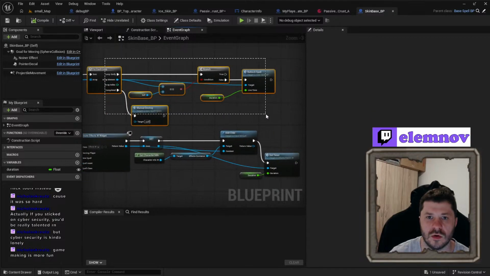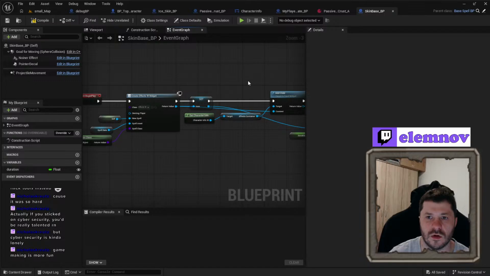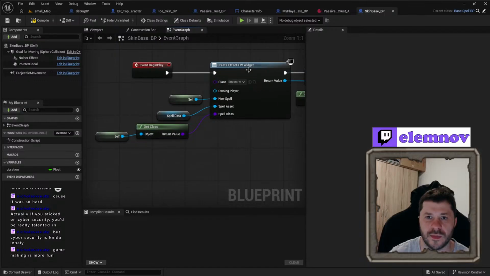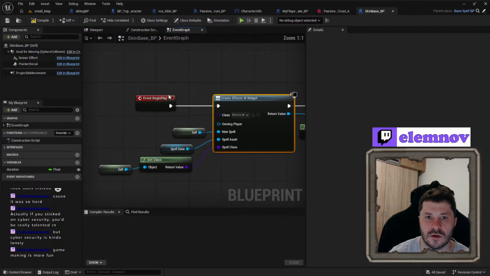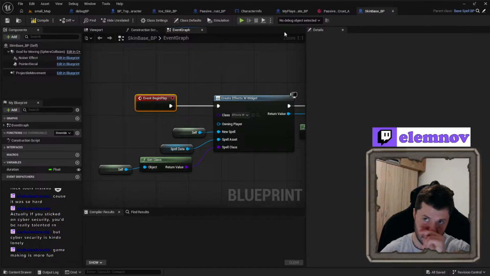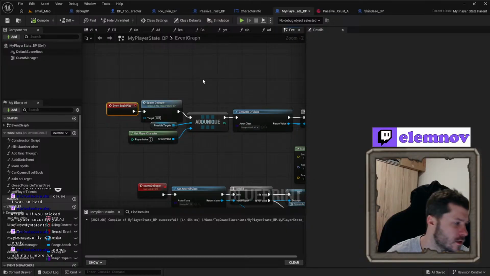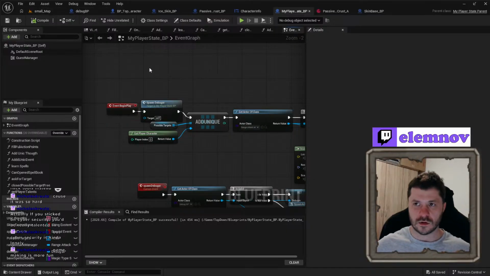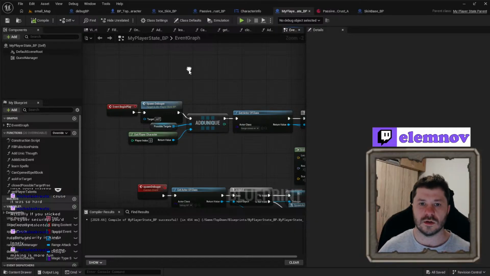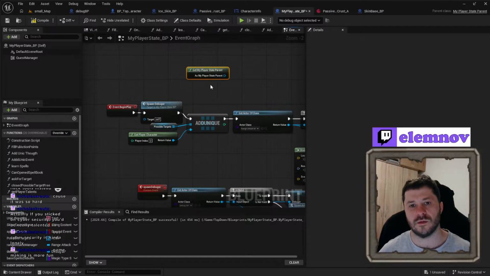Some old code. I don't know if I'm using it anymore. So those freezing things are the actor. My player state parent